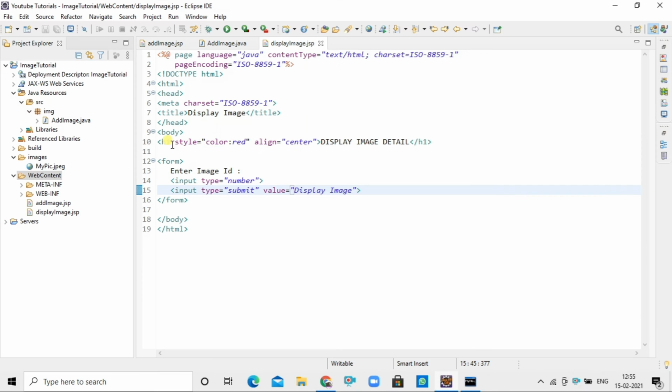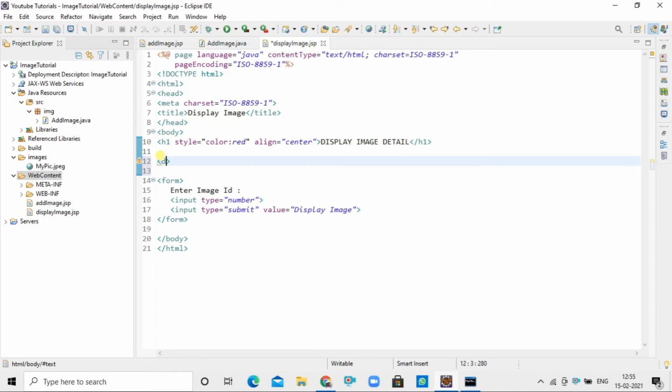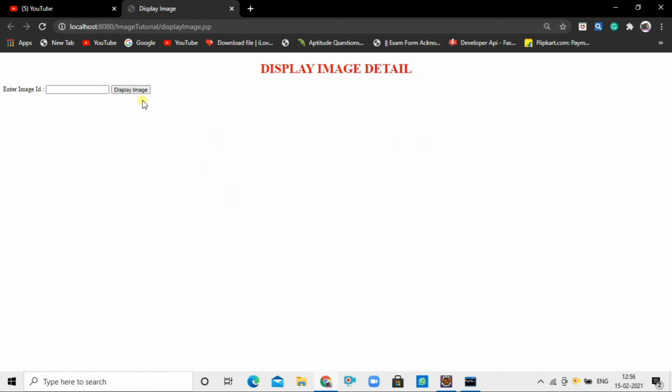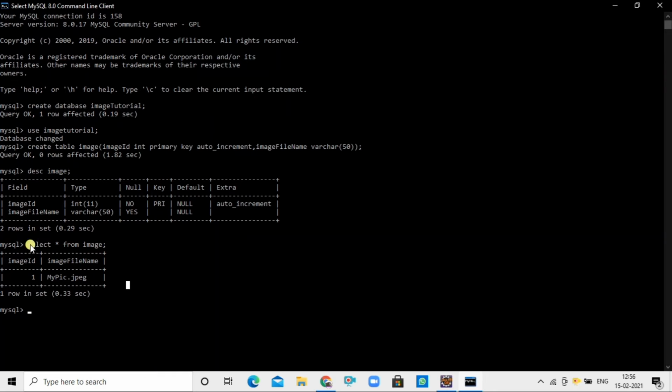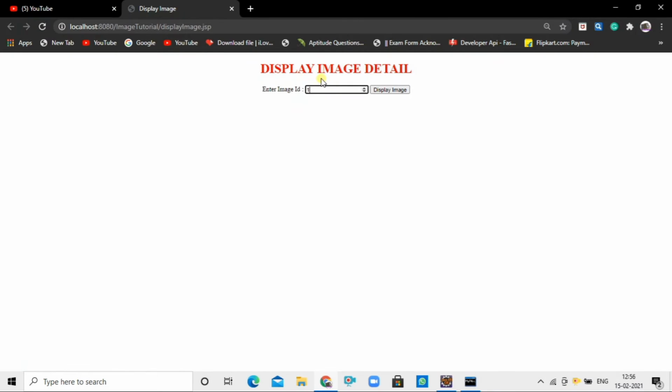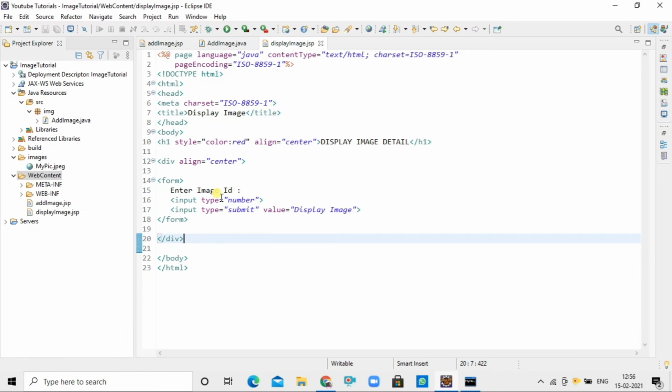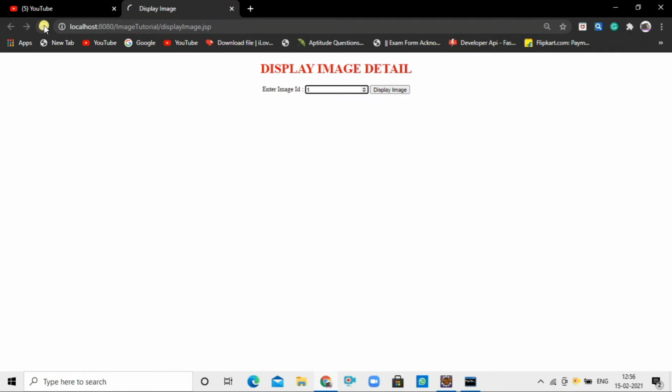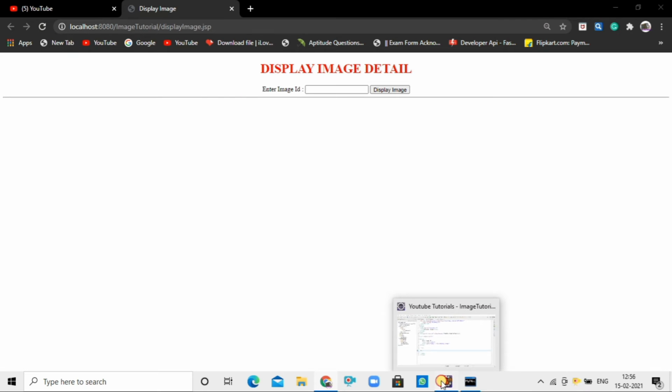Making it to the center. And below it I will make a table to print the image ID and our image based on the image ID.